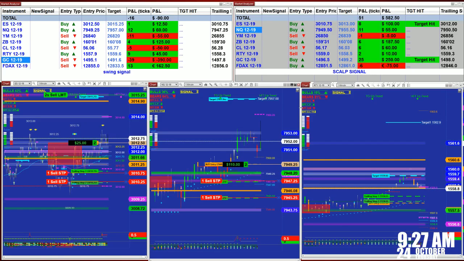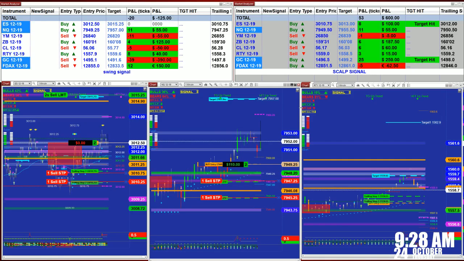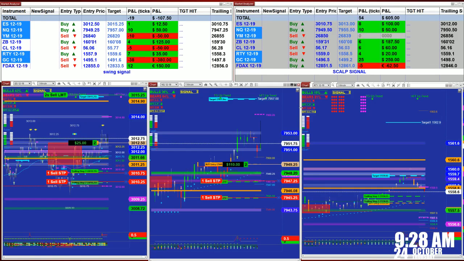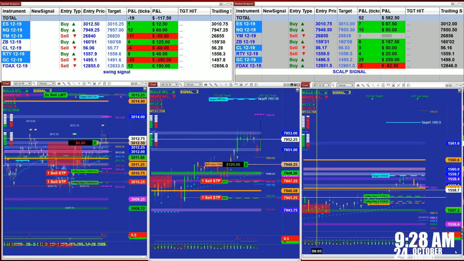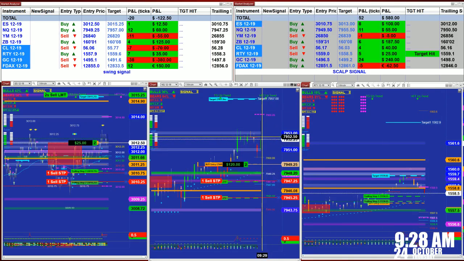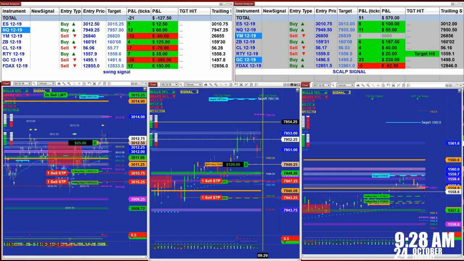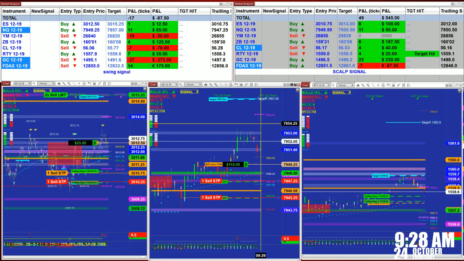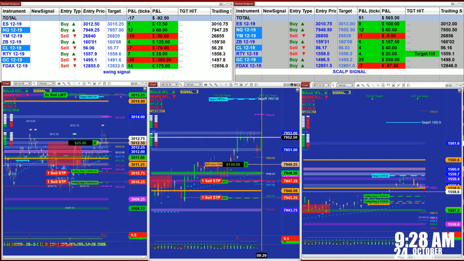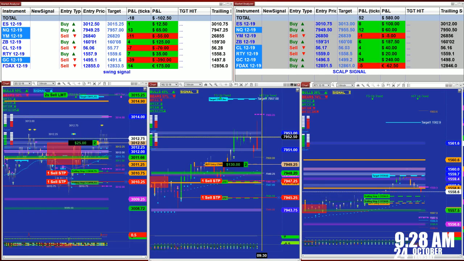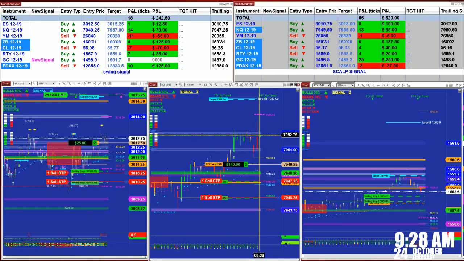If we look at 9:28, at this wick on the Nasdaq, this is disaster trading. This wick on the Nasdaq came in, and you should not be jumping manually on those kinds of movement in the market,